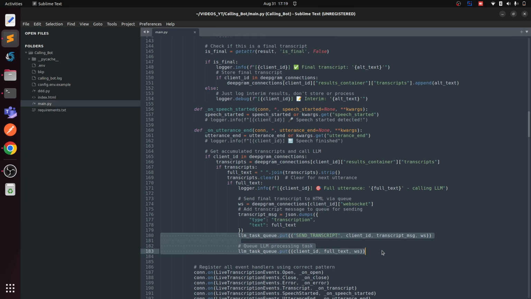So basically, as soon as utterance end emits, what does it do? All the text it appended, it just gets. We get all the transcript, and we put all the transcript to this LLM queue. Okay. Now